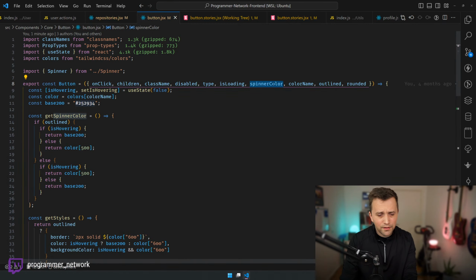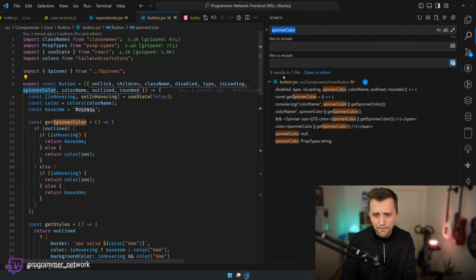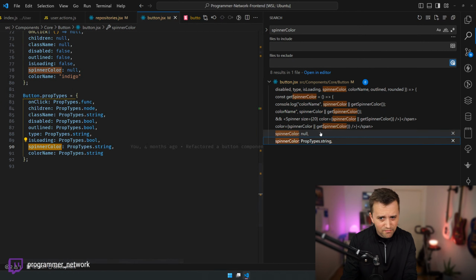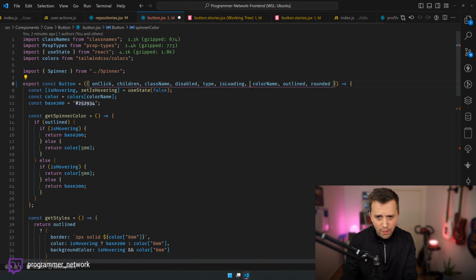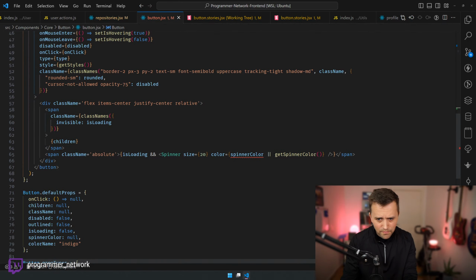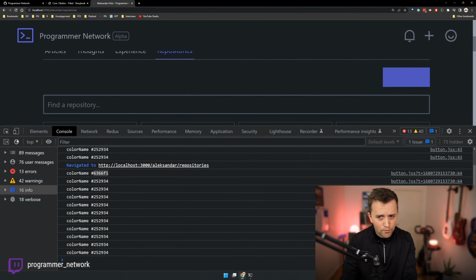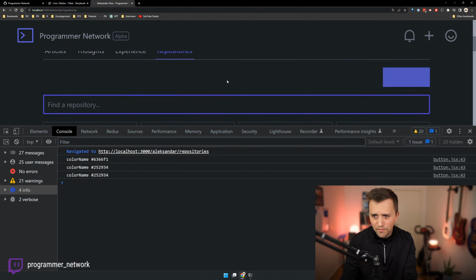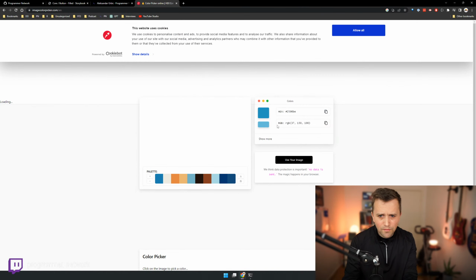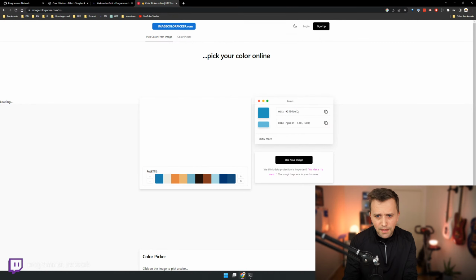Is my button really taking the spinner color? Come on, dude, for fuck's sake, man.